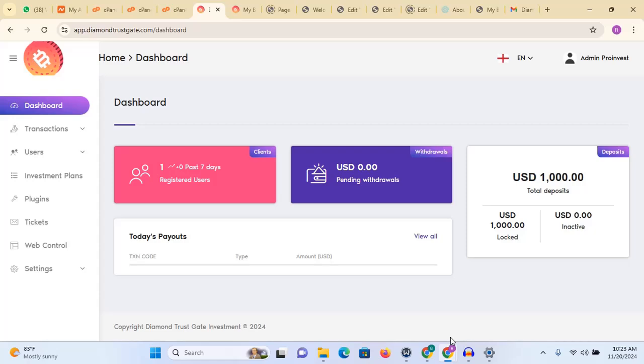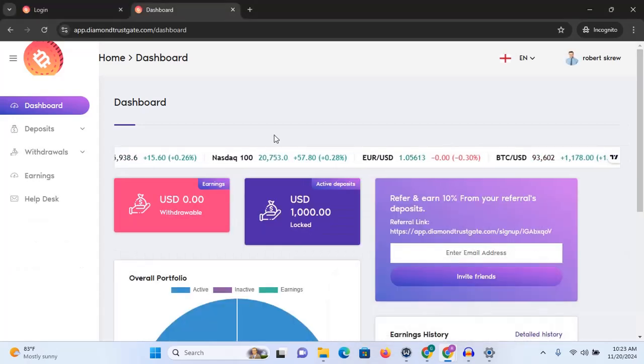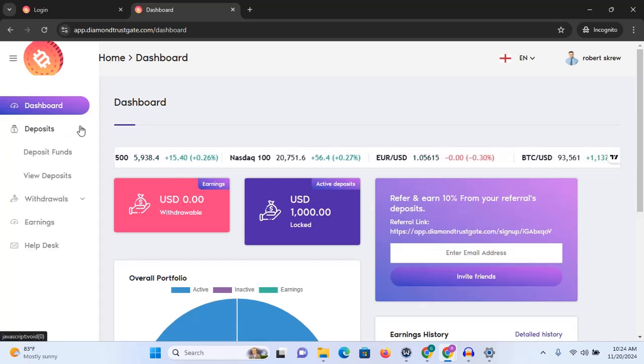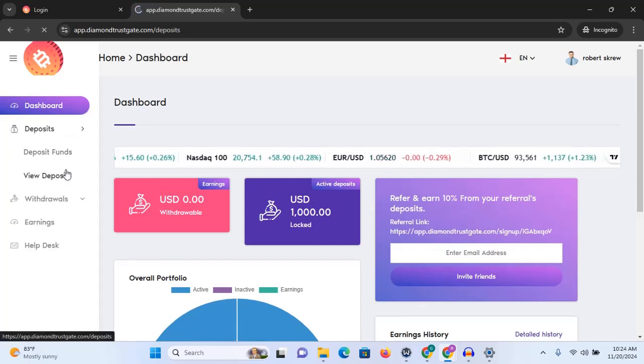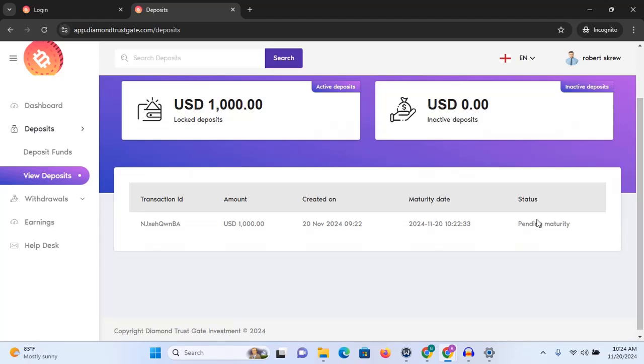So if we go back to our account here, so now let's go to our deposit. Let's go to view deposit. As you can see, the pending approval is gone, and now we have pending maturity. So the deposit has been approved, but pending maturity means that we are waiting for 1 hour before you can withdraw your money. So it is until after 1 hour, then we're going to get 50% profit,